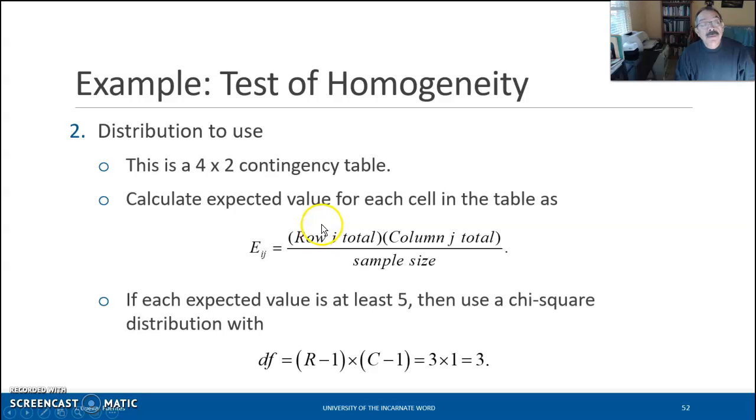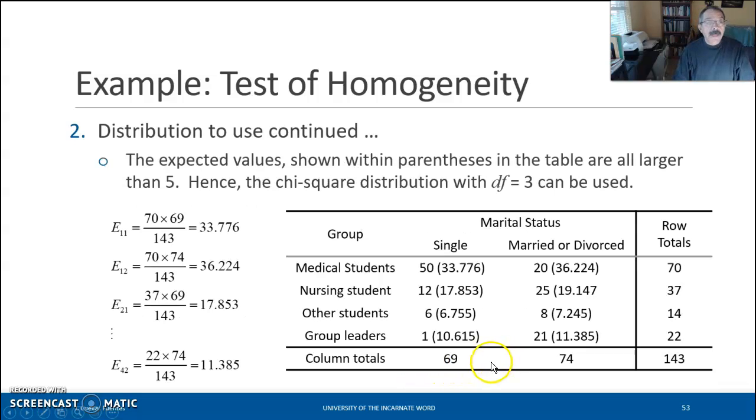All right, so if the expected values are at least 5, then we will be justified in using a chi-square distribution with 3 degrees of freedom. 3 because the number of rows, 4, minus 1 is 3, times the number of columns, which is 2, minus 1 is 1, and that's why we end up with 3 degrees of freedom. All right, in this table, I'm showing you